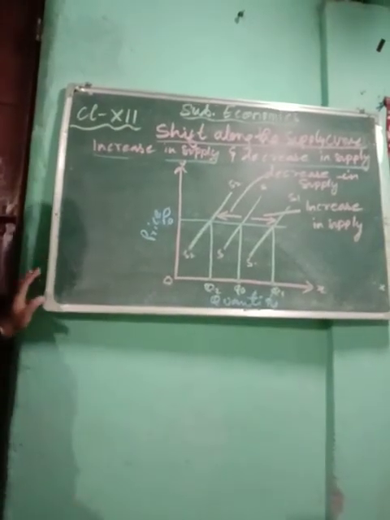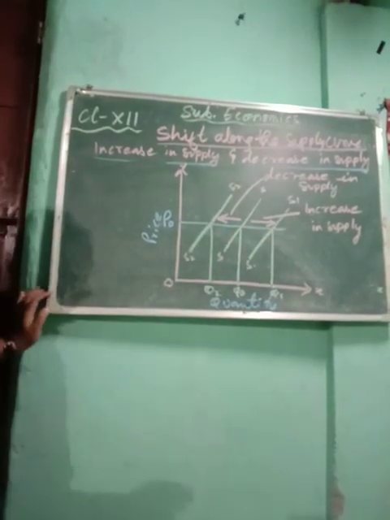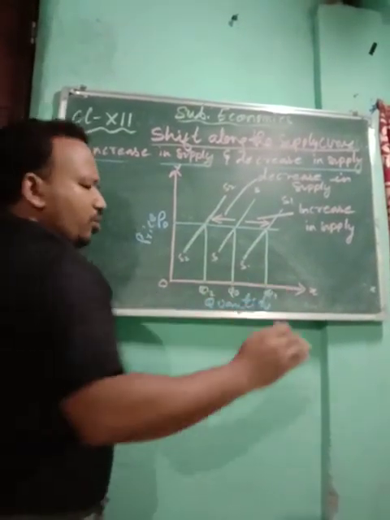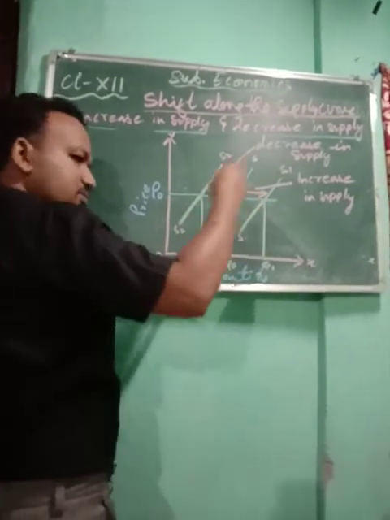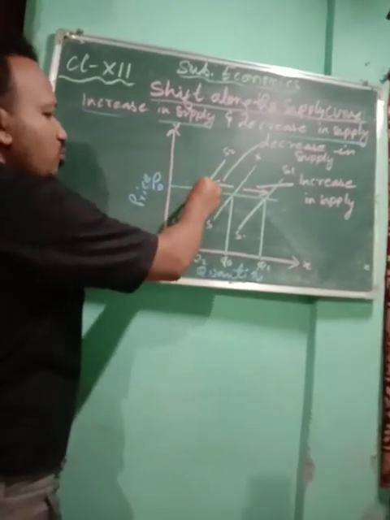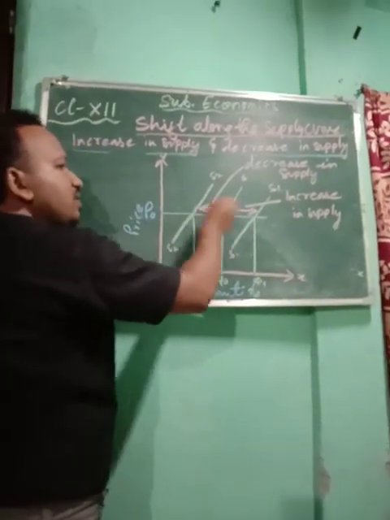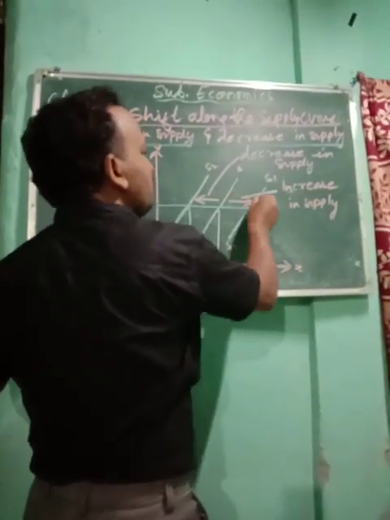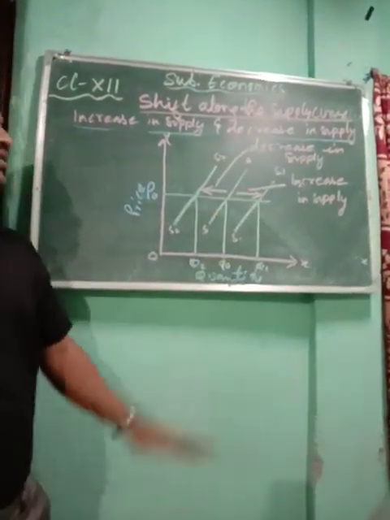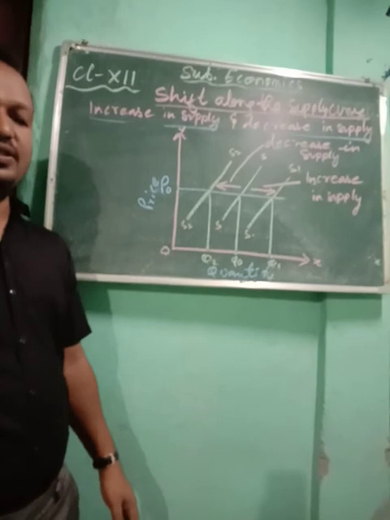Okay, so children, you see here middle one is the base. So here at a given price, supply increases. Why? Due to change in other factor. That is, if the cost of the production will get reduced, naturally, if you are a supplier, you are going to supply more because you are going to earn more profit. But vice versa, if the cost of the production increases, in that case, instead of supplying more, you are going to supply less. So decrease in supply will move from right to the left, and increase in supply will move from left to the right. So this is combined, where you can show increase in supply and decrease in supply. Okay, so you can show both increase as well as decrease in supply.